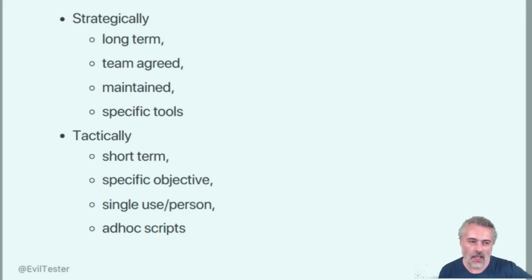Now, when we're learning how to automate, automating tactically is something that most people can do because it's very short term. It can be messy. We don't have to understand all the different approaches for programming. So I try and split my understanding of automating into whether this is strategic or whether it's tactical. And it's a lot easier to teach people to do things tactically. But when we are automating, we do have to make a distinction in our head whether we need to be pursuing this strategically or not.